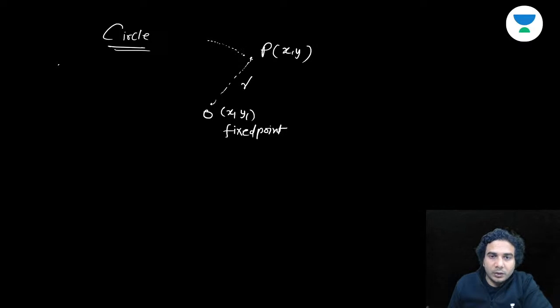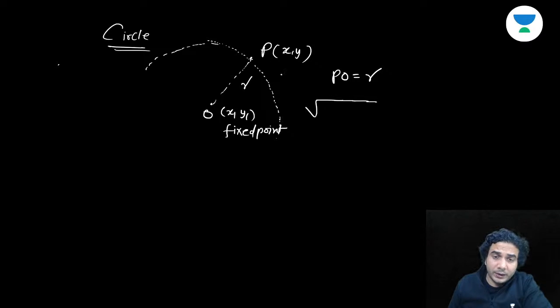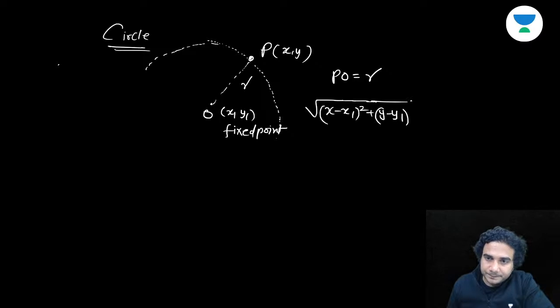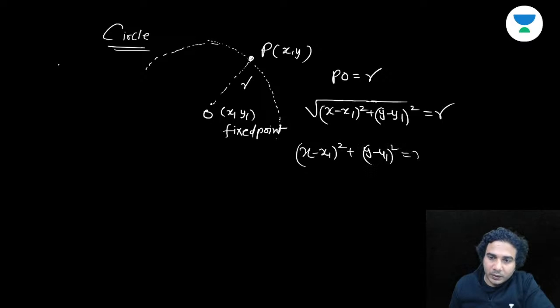Then the locus of P is a circle, right? And let's write the equation of the locus. If we write the equation of locus, we can apply this condition that PO is a constant, so PO is equal to R. And what is this, if you apply the distance formula, you get the equation of the locus of P, which is a circle. Then it is x minus x1 whole square plus y minus y1 whole square is equal to R square, all right? So this is the equation of a circle